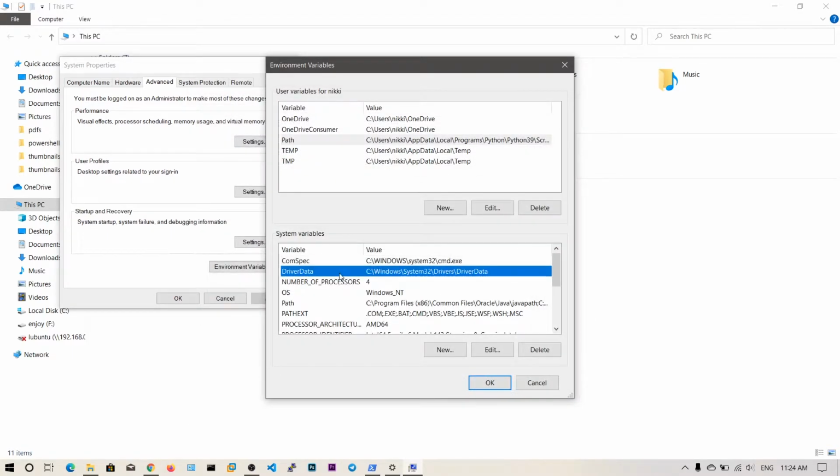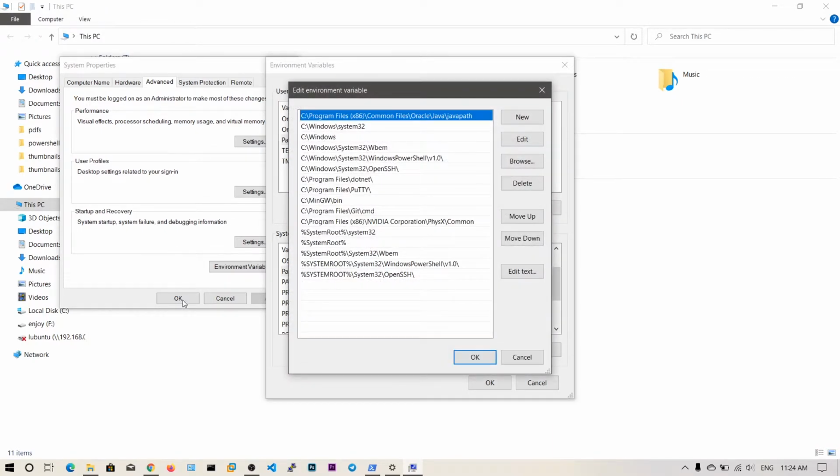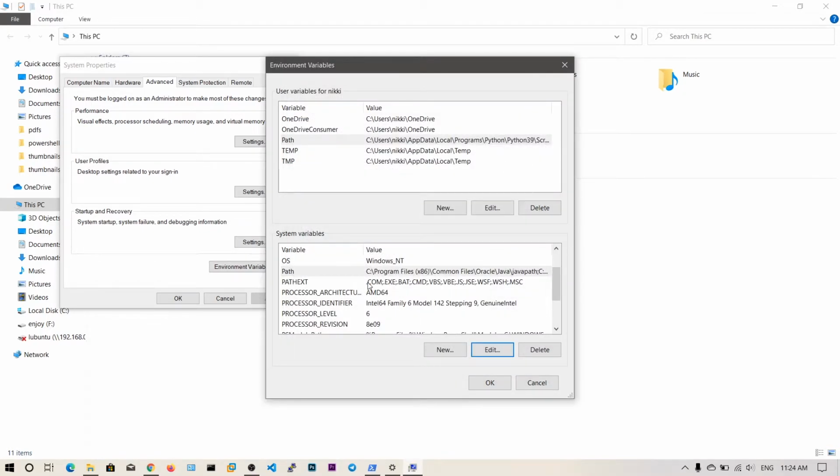You can see here there are so many system variables as well. I always recommend adding to the system variables: if you want to execute a program, you need to add it to the system variables. These are the system variables. You can see PuTTY, the command prompt, Git Bash, and the System32 binaries. If you want to execute any binary, just place it in System32 and it will execute.